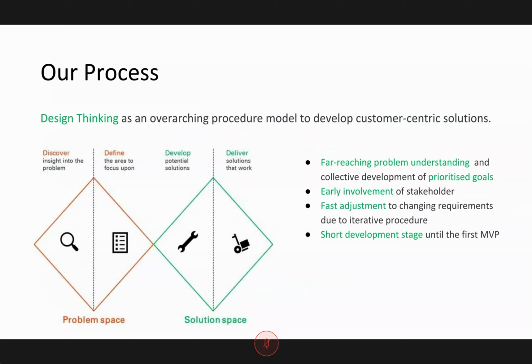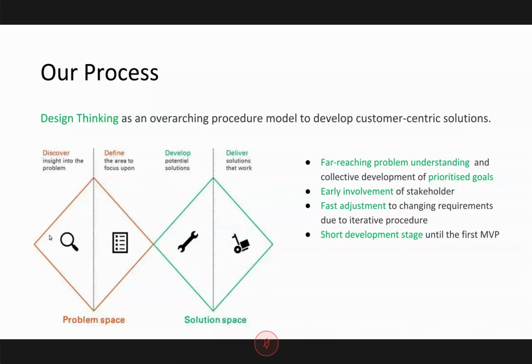The process we decided to work on was based on design thinking. That's something which we always try to build more customer-centric solutions, and to take usually a step back and not start working in the solution space. So usually it's very easy and you come up with ideas once you're talking about a specific problem, but it's very easy to drift apart and to not have the deep understanding of the actual problem at hand.